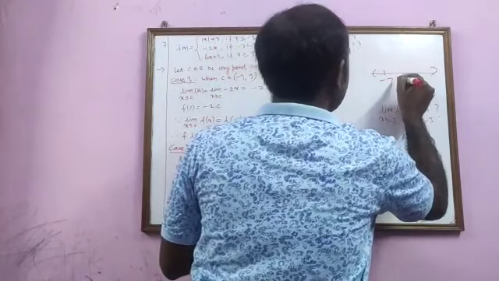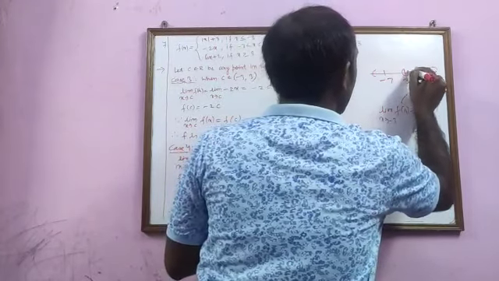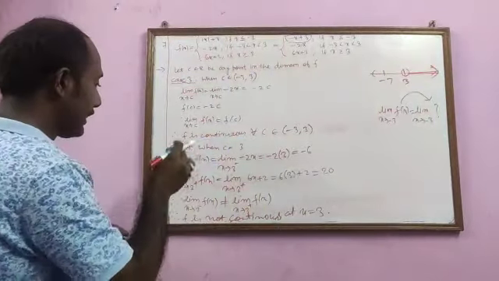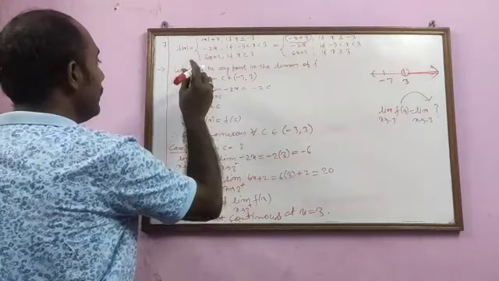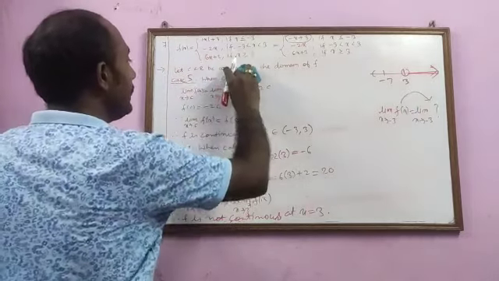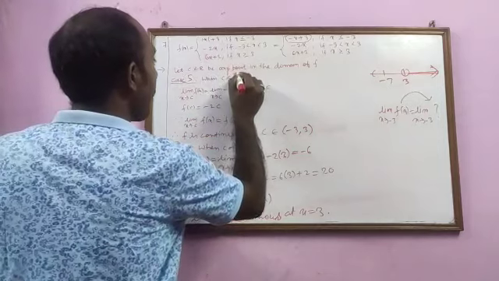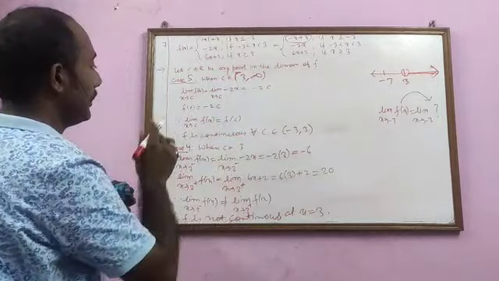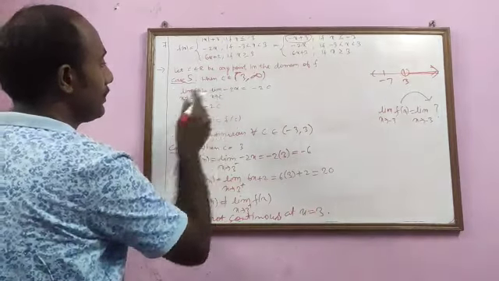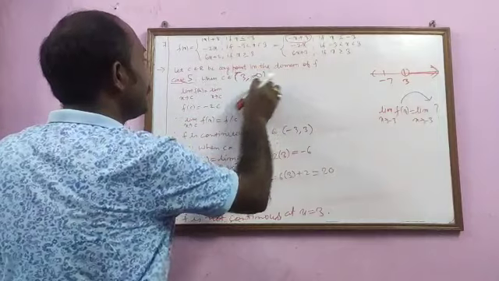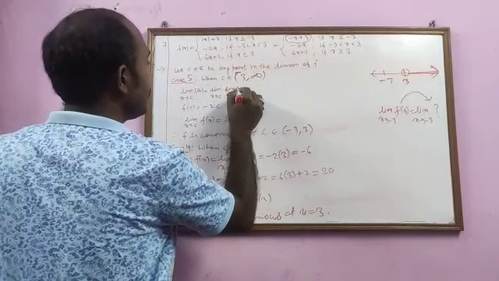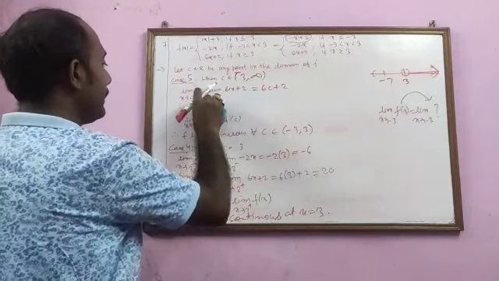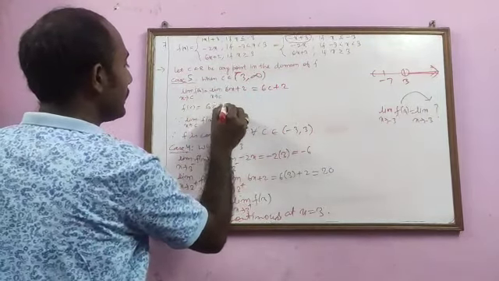And what is the last case? Minus 3, 3. We will now talk about all these points which are greater than 3. So here we will write the last case, that is case 5. And in case 5 we will write when c is from 3 to infinity. So limit x tends to c of f(x) is equal to limit x tends to c of, and this will get changed. Here you will write 6x plus 2, that will be 6c plus 2. Here f(c) will be 6c plus 2.